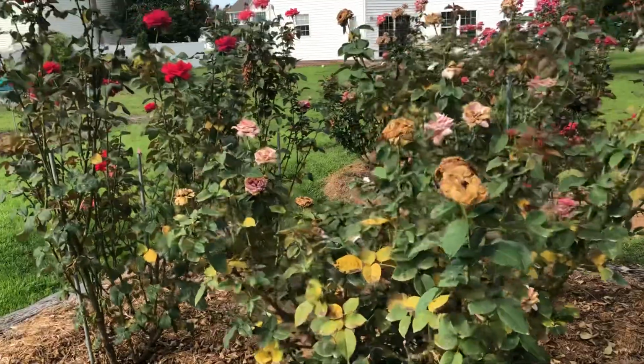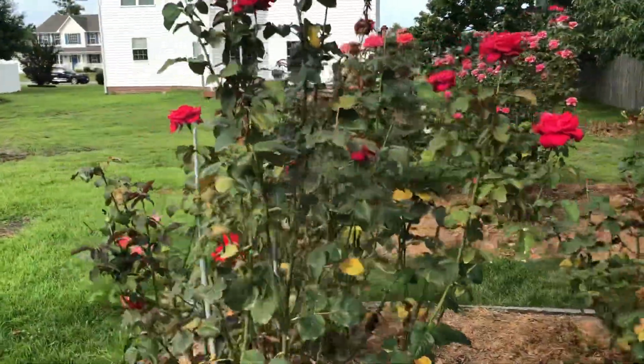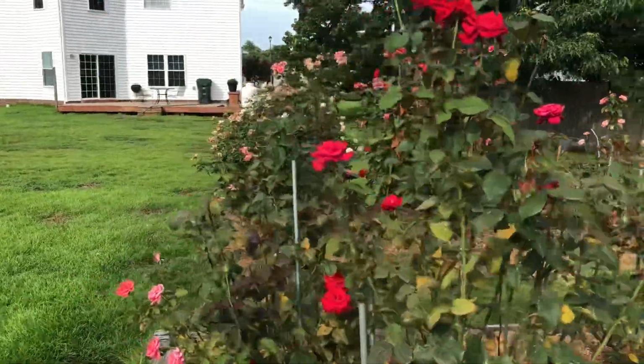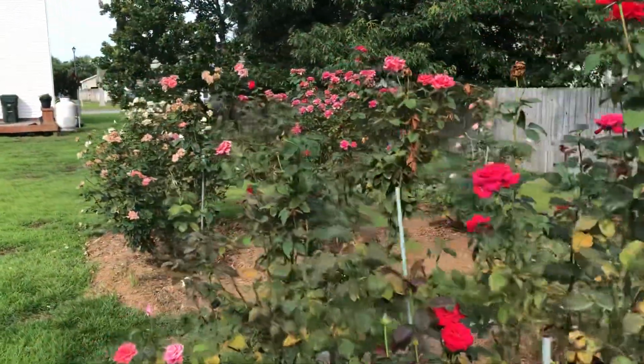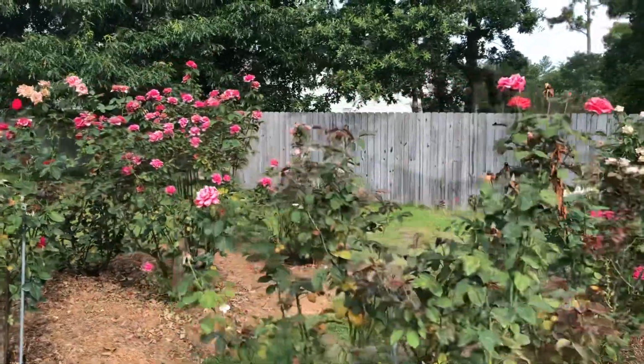We're talking alfalfa meal, cottonseed meal, 18-6-12, a generic Osmocote, and that will get it through the rest of July and August and prepare for our third flush of